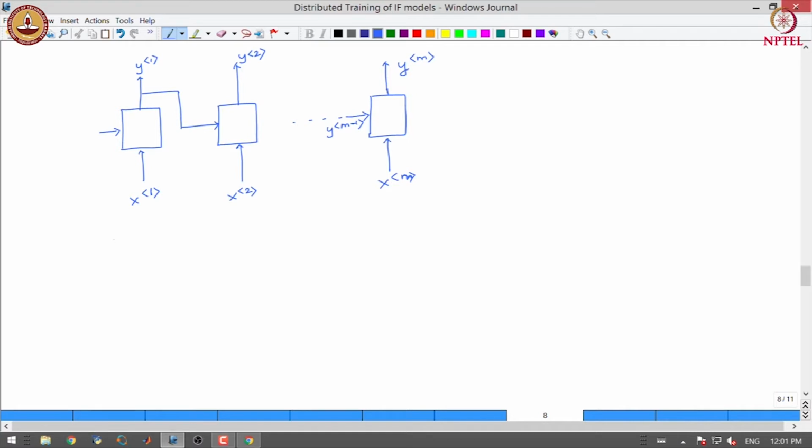So, for example, the loss at tth position is a function of the actual value and the predicted value. So, in case of classification, we can use cross entropy loss.